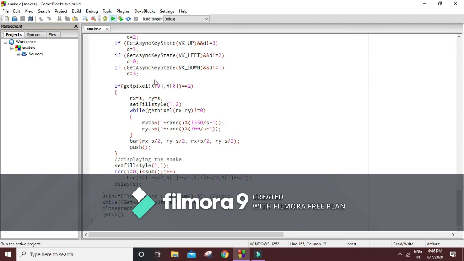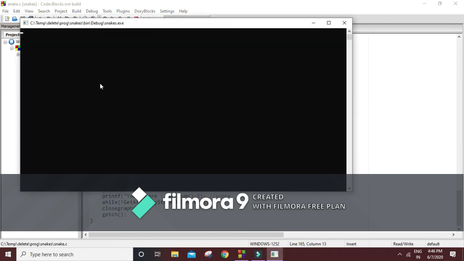Let's run it. Here's my output screen. We have been given 3 choices: beginner, intermediate and advanced. For example, if I type 4, the code will tell you that it is an invalid choice and to please select again. So I'll be going with advanced, and let's see what happens. Starting our game.